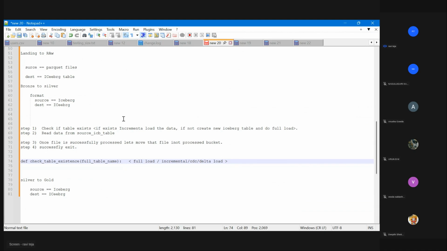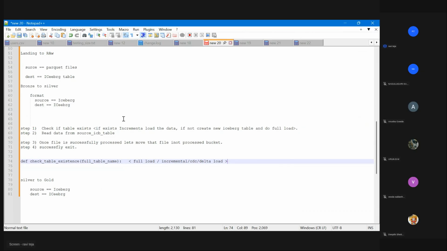What does that mean? Let's say you created your Iceberg table on a full load. What is full load? That means there is no target table. You are planning to create a table, but there is no target table. You wanted to ingest into some target table, but it does not exist. Are you able to do it? No, you need to create a table first. Then how can you do it?